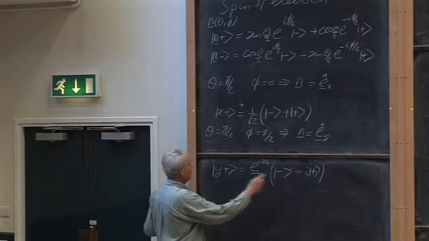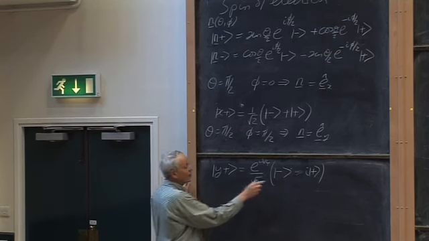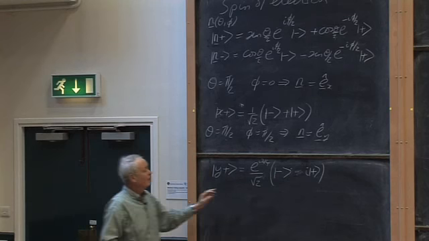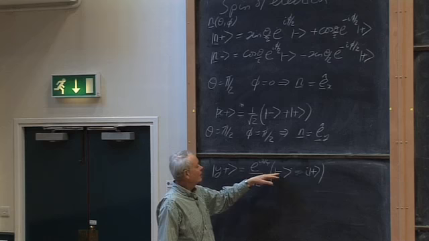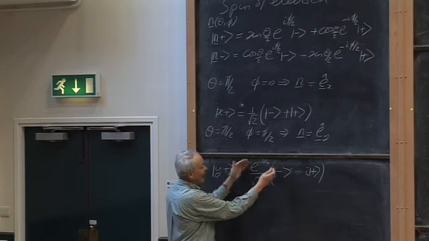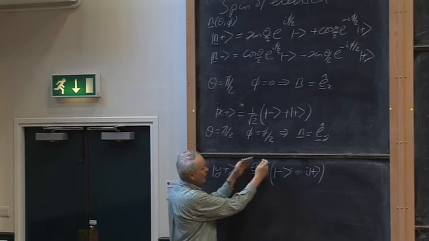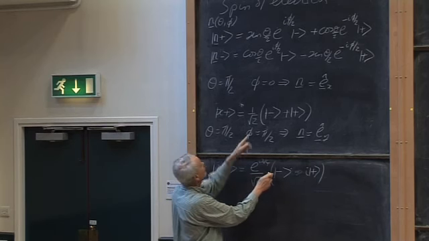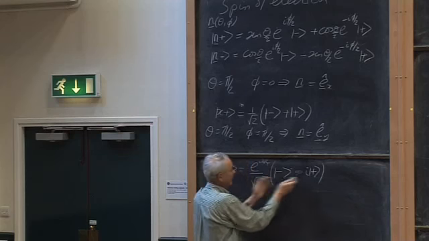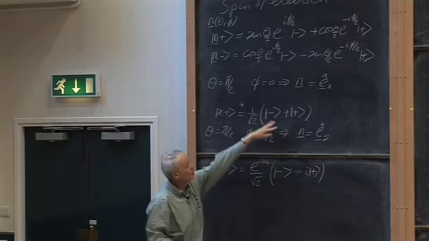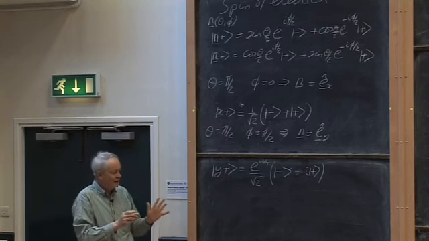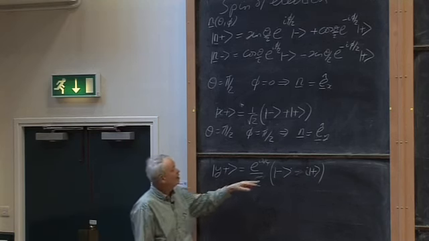probability of, if you are in this state, the probability of measuring your spin along z to be minus is going to be a half because there's 1 over root 2. So the complex number which comes here has the same modulus as the complex number which comes here, and ditto here. That this complex number is the same as the complex number which appears there in modulus, but different in phase. So the crucial point is that we